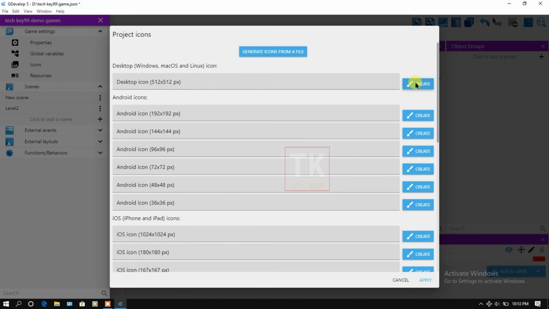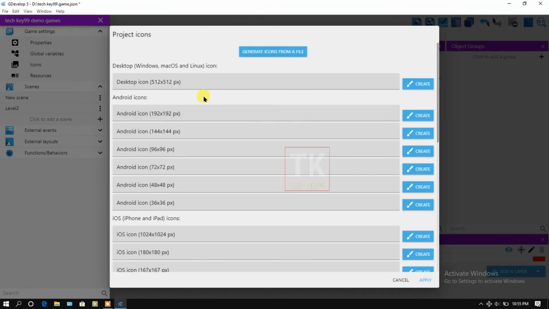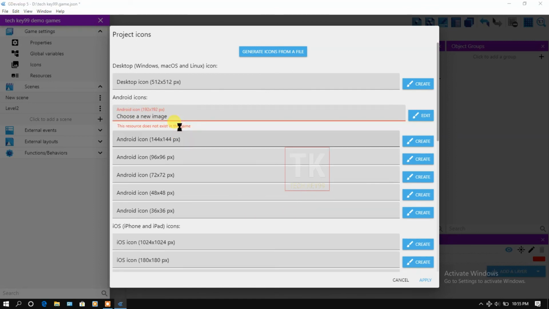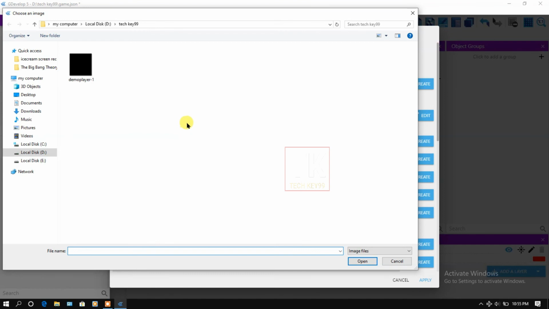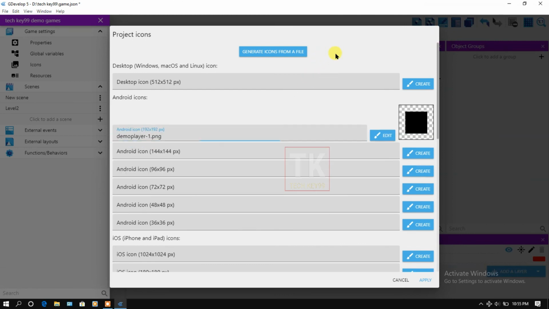From here you can create your game icon. Edit with pixel. You can also upload your created game icon. Click on Android icon and choose a new image. If you have already made this game icon, then select the game icon and click on apply button.